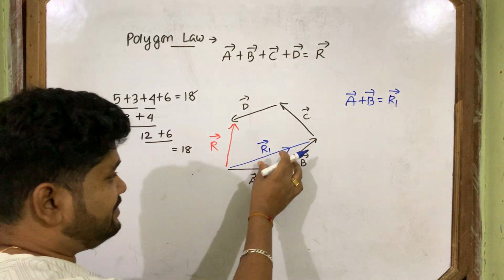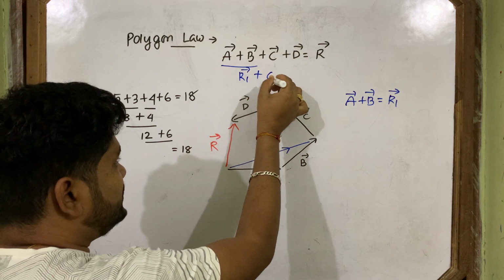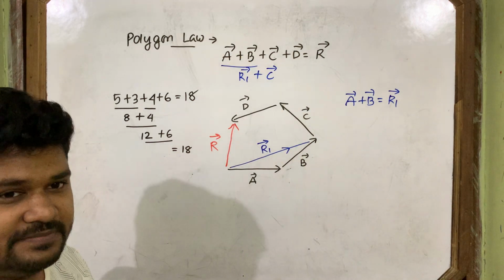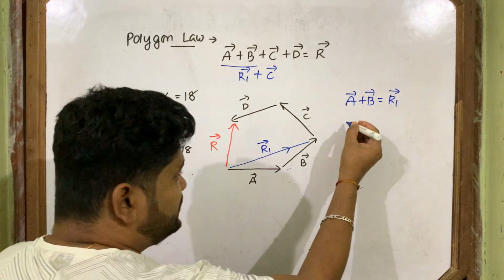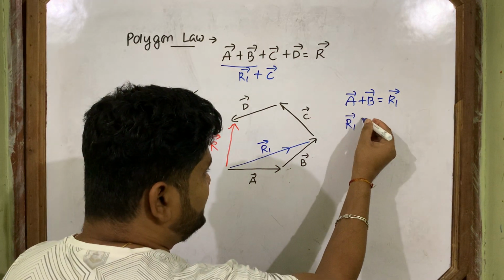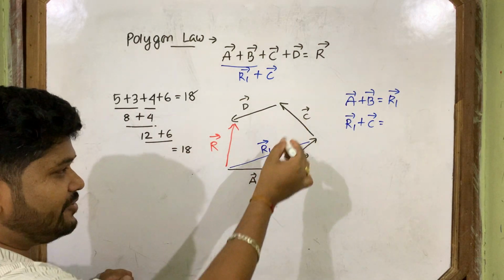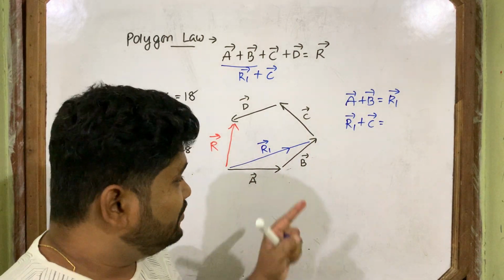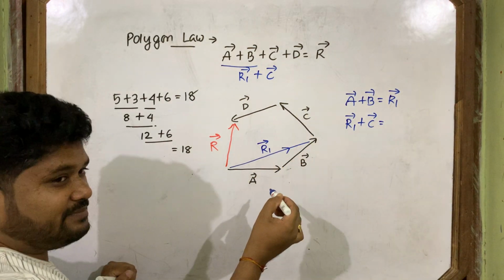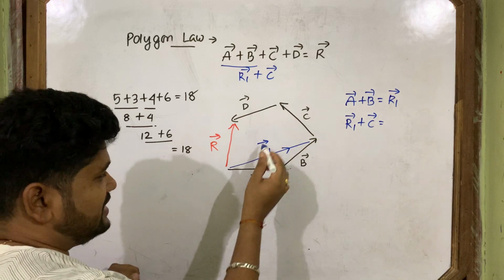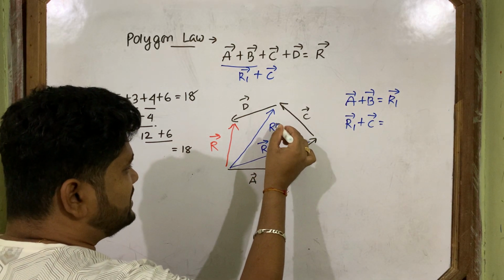You see, after getting R1, so you got the result of these 2 vectors R1. Then we add R1 with C vector. Similar to this. Okay. So R1 vector with C vector, now you will add. So you see R1 and C, which law you will use again? Both are also in same order. Same order, R1 and C. Mark here, R1 vector and C vector. The third side of the triangle is the resultant. So this is R2 vector.